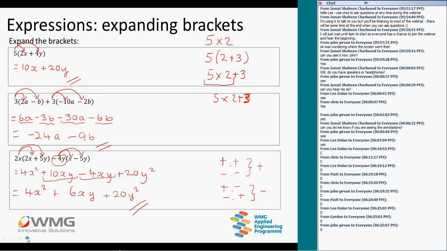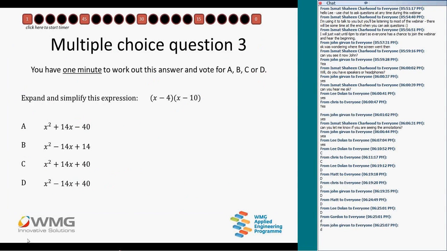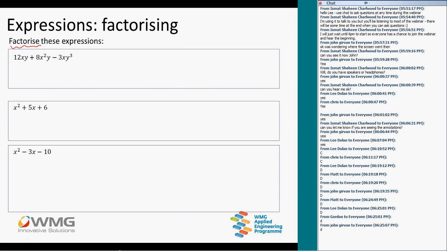Imagine that 12xy, and if I do 12, the number 12 and the number 8 and the number 3, they're factors for 12, 8 and 3. So I need to split 12 down into 2 times 6 or 3 times 4 because none of them are going to be common. Okay, so the 12xy is just made up of 12 times x times y. The x squared y, I can split that into x times x times y. And so you just need to see it like this, and write it out if it helps. And this here would be minus 3